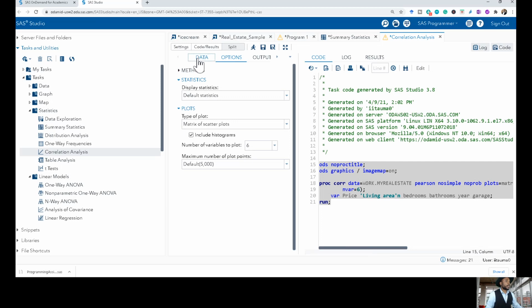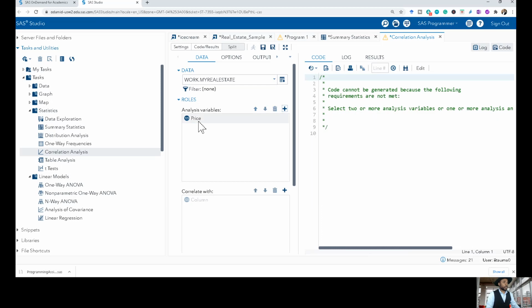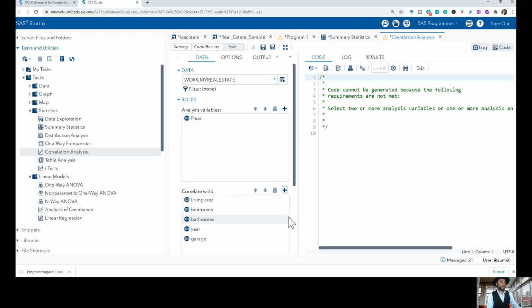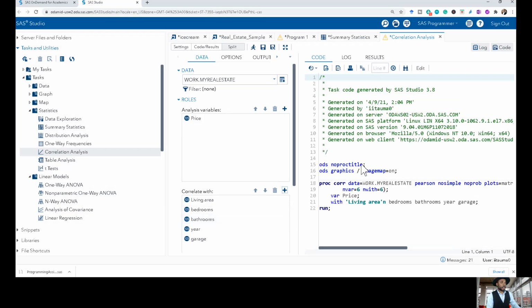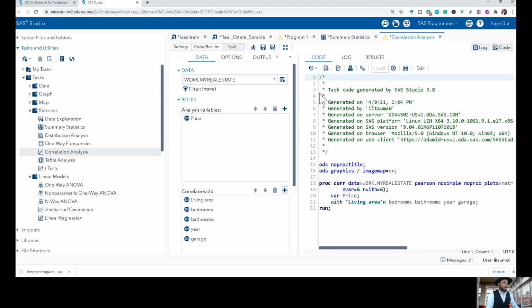Okay, let's change this. Let's delete all of this, and we have just price, which we want to correlate with the rest of the variables. And also we want to add the scatter plots. I think this is the way that it's going to show. So when we run this now,